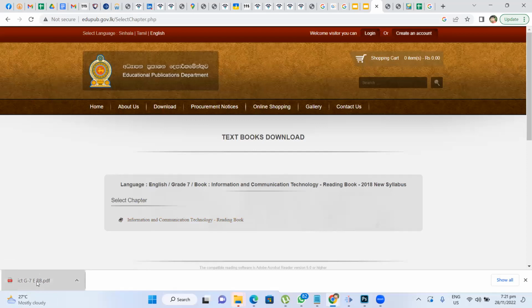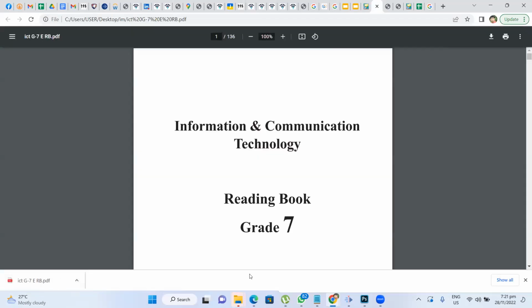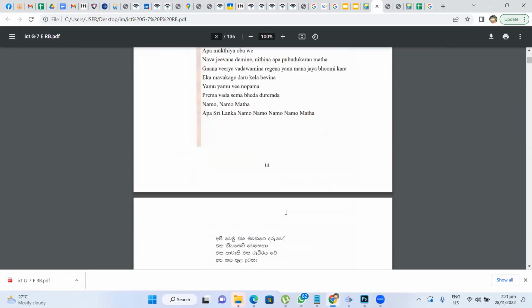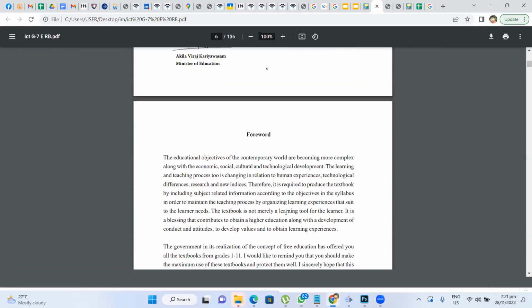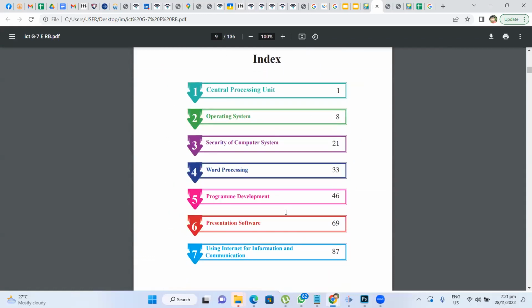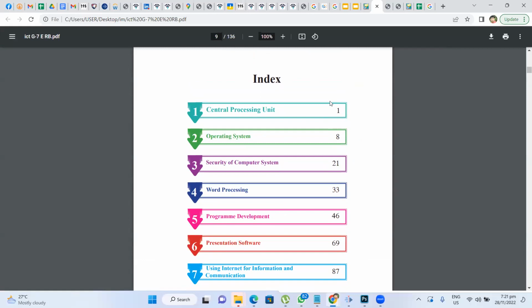Okay. So let's see the topics now. Under the grade 7 reading book, what are the topics that we have to discuss? There are 7 interesting topics, right? Okay. Yes, the very first topic is about the